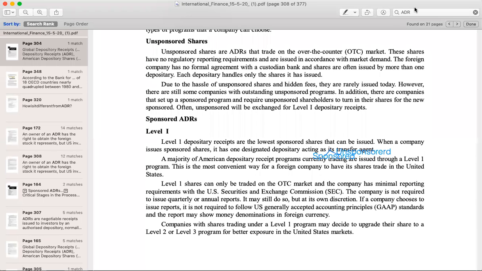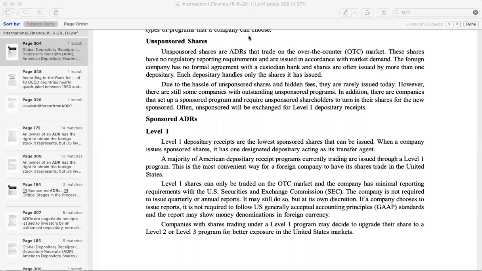Do you understand what is unsponsored ADR? Wherein the issuing company and the depository or custodian do not have any kind of formal agreement. It can even be a case where brokers purchase the shares of that company in bulk and then appoint a depository in the foreign land and then sell their shares through this. This may also be the case, but this is of late banned. It is prohibited, because there were a lot of hidden fees and things were not transparent, etc.